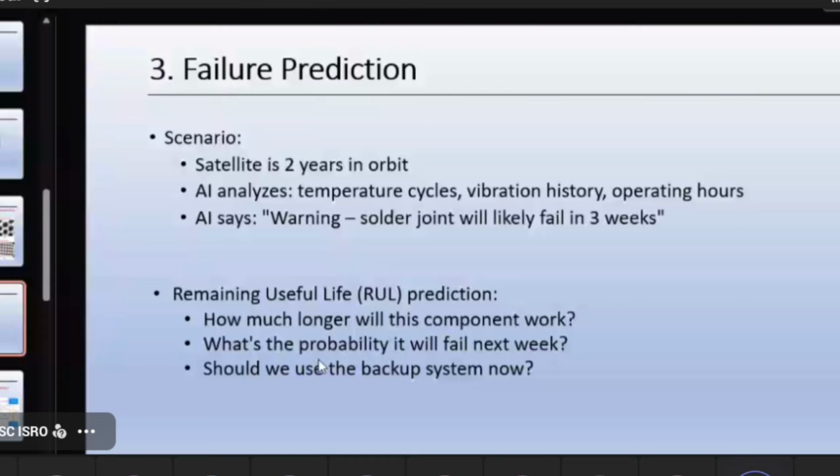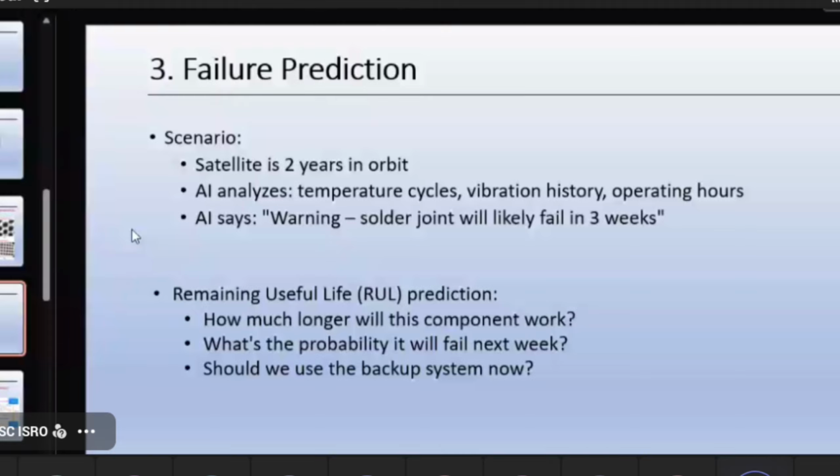Let's say there is a satellite that is 2 years in orbit. Now, 2 years in orbit means the satellite would have been designed much before that, then would have taken some realization time. All this data means it would have gone through all the processes and steps, and all this data has been captured. So what happens is there is a model that is specifically trained for this. We keep giving all this data.